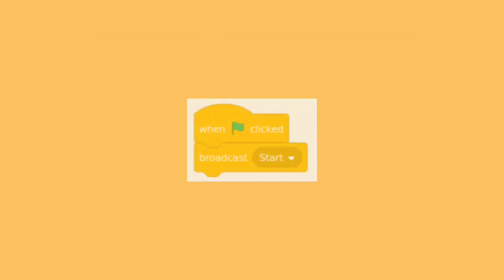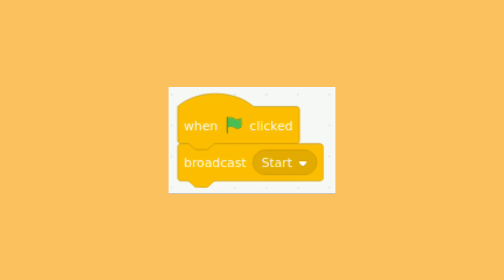The first thing you need to do is go to the stage and create this piece of code. What it does is, right when the project starts, which is right when the green flag is clicked, it will broadcast a message to all the sprites, and that message will be called start. It will tell the sprites when to start the project. I could just do that with the when green flag clicked block, but since we have a reset functionality, that won't be of much use, so I use that.